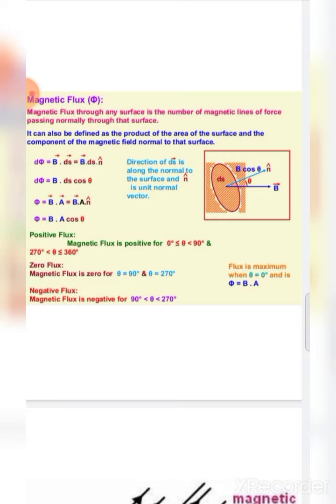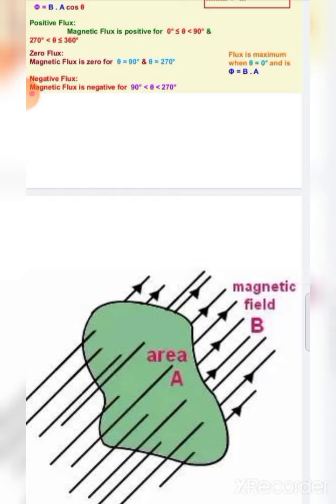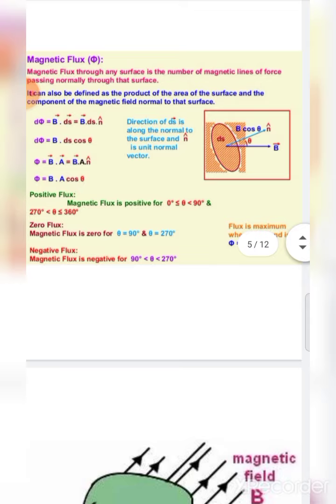So we discussed now magnetic flux. The next thing we are going to discuss is magnetic flux density. Magnetic flux density B is equal to phi divided by A. That is the formula. Magnetic flux density is defined as the magnetic flux per unit area. The unit is volt second per meter squared. There is another unit for magnetic flux density, that is Tesla. So 1 Tesla is equal to Weber per meter squared.